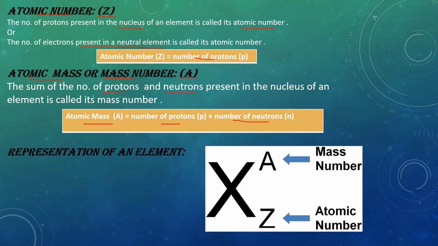Now representation of element. How we represent an element? Element, first you will write the symbol. Suppose X is the symbol of the element. Then here we can write the atomic number below, and above as a superscript we write down the mass number. You can represent it like this. Suppose this is the element and you can write Z here and A here, or you can write Z here and A here. So you can represent it in any ways. For example, if you want to represent chlorine, then you put chlorine symbol, then its atomic number is 17 and its mass is 35. So you can represent the chlorine in this way.